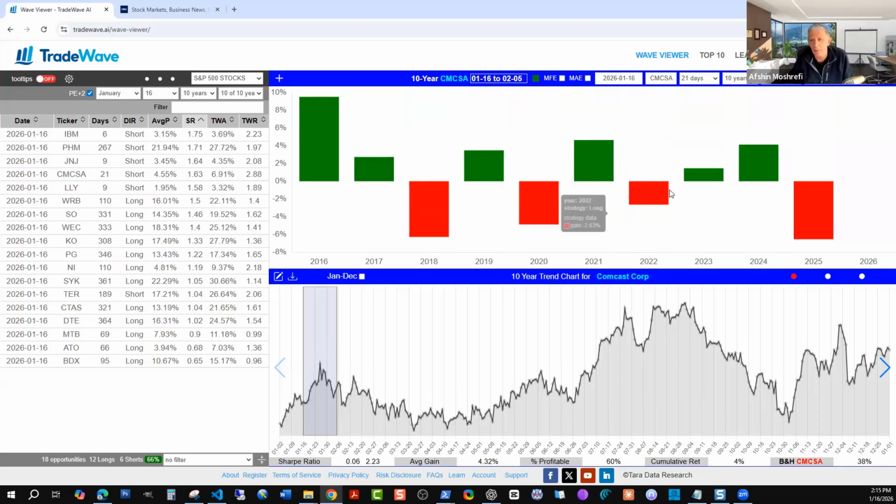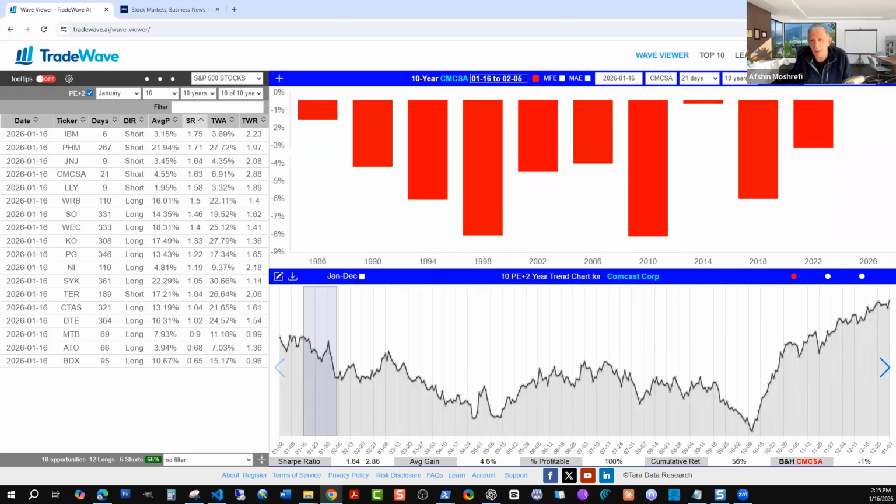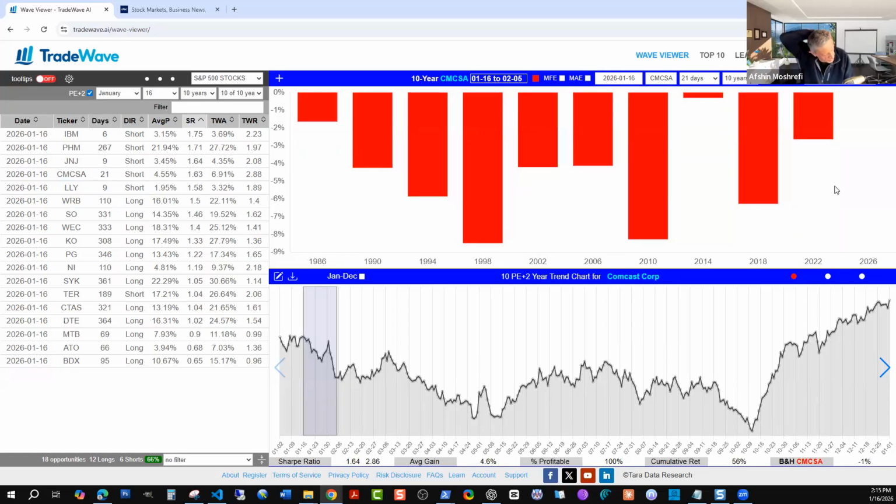6 out of 10 years, it was bullish. 4 out of the last 10 years, it went down. But when I switch it to PE+2, it went down every PE+2. So I have it described in chapter 8 of the book really well. I call these the two regimes, either part of the cycle or part of the consecutive. So you can see that when you see this happen, it means that the PE+2 regime was dominant for Comcast